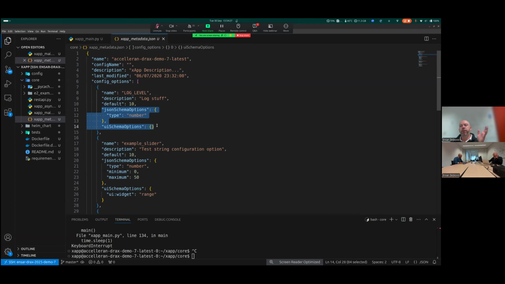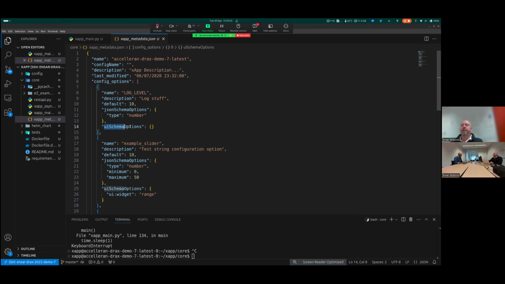Our front end is built using React, and there is a library that we have used to visualize these kind of widgets. It's called the UI Schema library. And you can define these two schema options. One is the JSON schema option, which defines what type of value we're talking about.